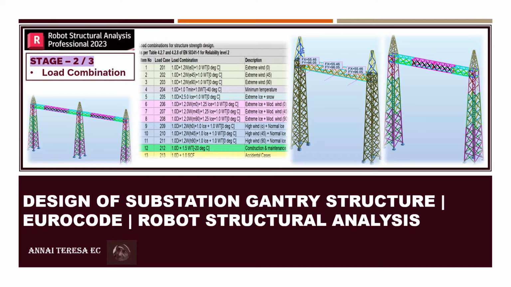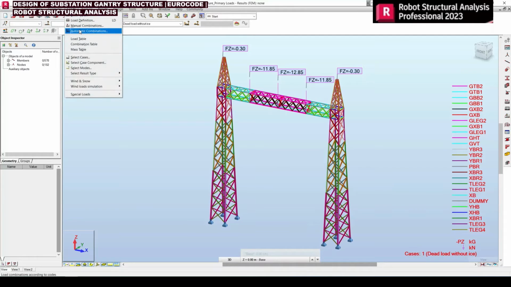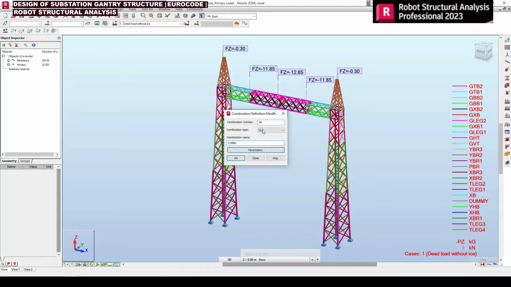Now let's go to the demonstration of application of load combination to the structural model. This is a model which we had developed earlier, and we had applied the primary loads in that. Now we are going to do the load combinations in this. So for that, instead of applying in the regular method, like going to the loads and clicking the manual combinations and entering all those things, we are going to go in a short way, that is